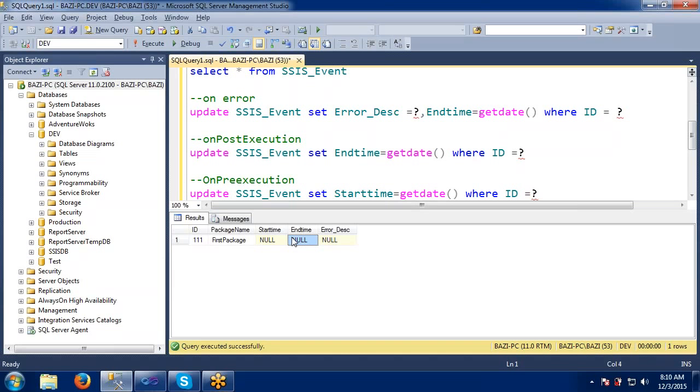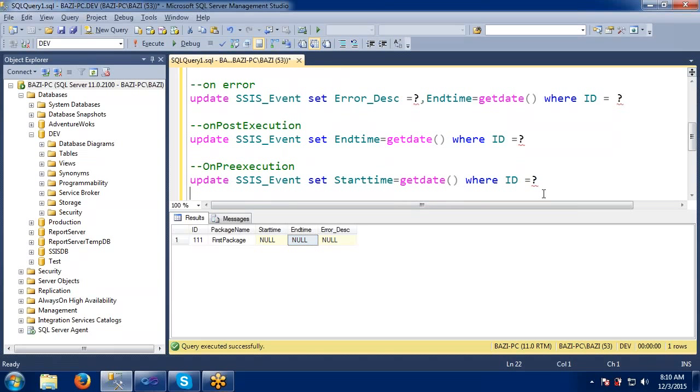But previously when we did that logging, we were not able to do all these things. All these things are predefined in the logging mechanisms. We just tick mark that one, execute, and capture those details. Here we can define our own columns and capture all those details. Let's do this one in the pre-execution.